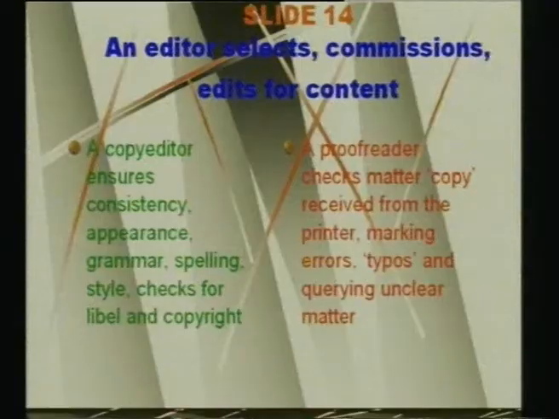There are various other things that could be inconsistent. For example, in a very famous case, the heroine was described as having brown hair in the beginning of the book, and by the middle of the book the author was saying that she was black haired. Now, this kind of thing is also an inconsistency which may slip past the best of the editors who are editing for the content, who may be looking at the story, but who may not really be looking at issues of consistency. Then the copy editor also edits for appearance.